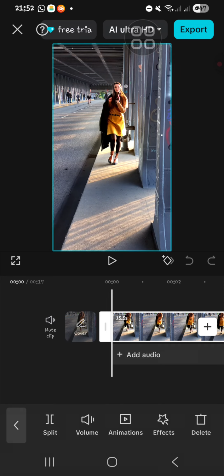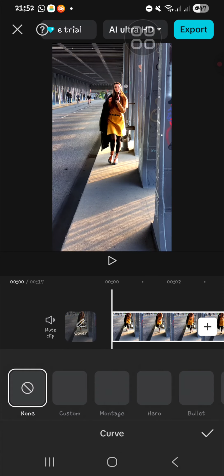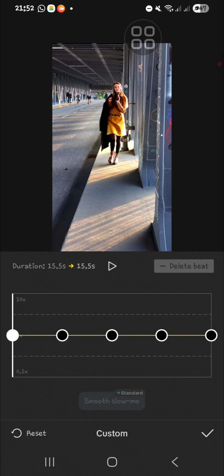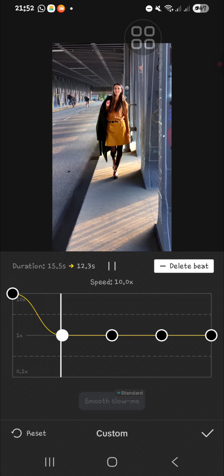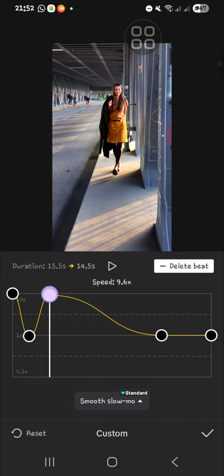We can select the video and we can go to the speed menu. Then I'm going to click on the curve, and then you can choose the custom curve, select edit, and then you can follow my curve. Right, like this,